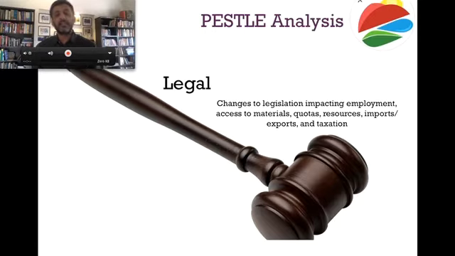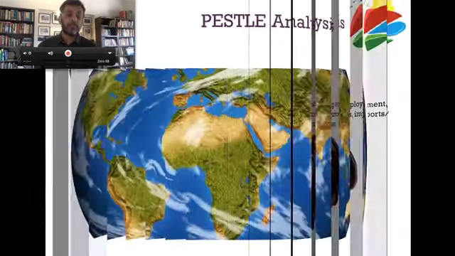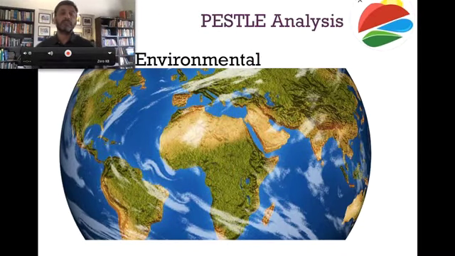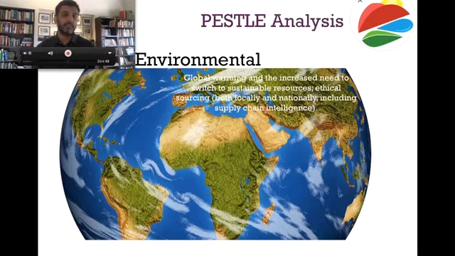All these things are part of the impacts that are happening over the organization. And the last one is, of course, the environmental damages or environmental changes or the policies that the organization is bringing. Global warming and increased need to switch to sustainable resources, ethical sourcing, both locally and nationally, including supply chain intelligence. So all these six factors are basically not in the control of the organization itself, and on the other